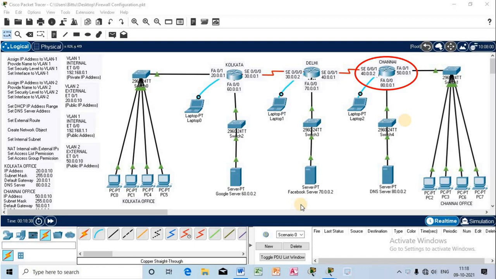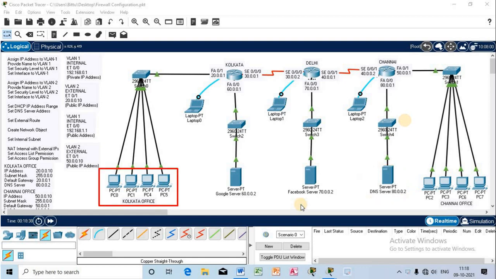This router is connected with the Delhi router along with the Kolkata router, and you can observe that this DNS server, having the IP address 80.0.0.2, is connected with the Chennai router. Okay, in this way I have created a networking topology for today's class.